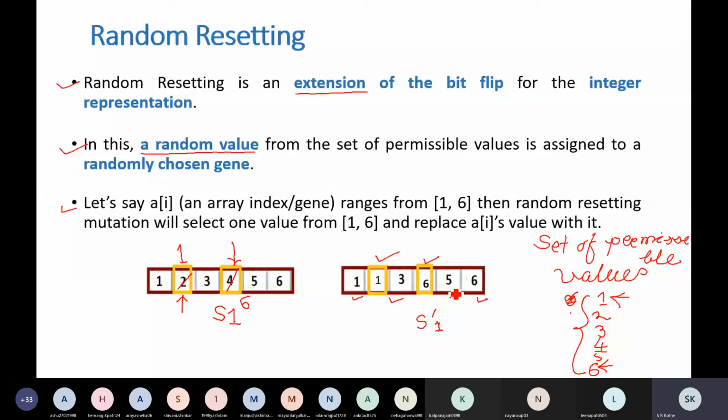A random value from 1 to 6 will be generated, and A[I] will be replaced with that. Same thing we have done in this example. So this technique is called the random resetting technique. Okay, any difficulty in bit flip mutation, random resetting? No, sir.